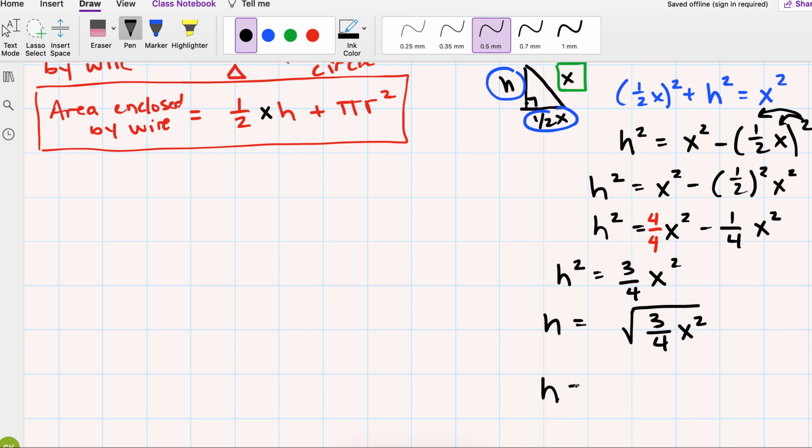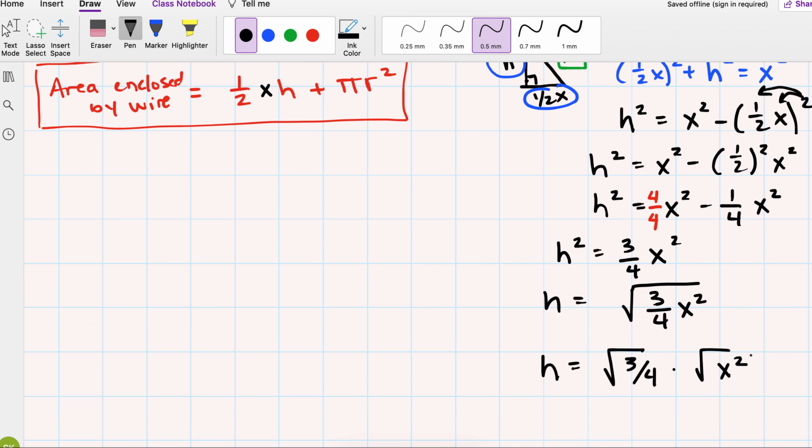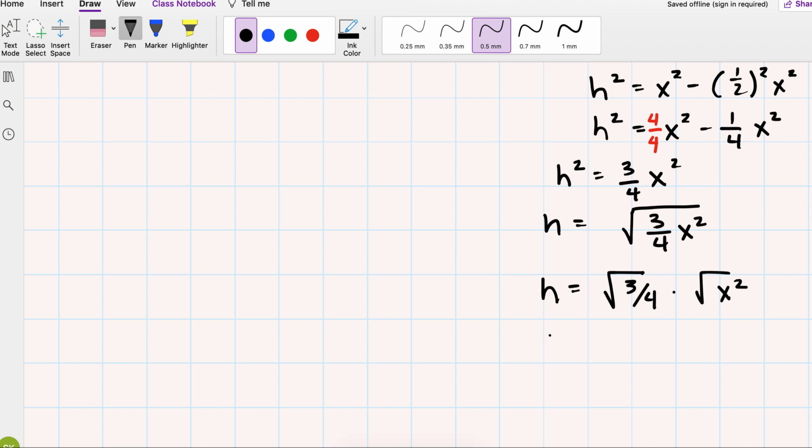So h is going to be the square root of 3/4 times the square root of x squared. And x is also a length, so this is just going to simplify to the square root of 3 divided by 2, taking the square root. So this breaks into the square root of 3 over the square root of 4, which is 2, times x. So that is going to be the